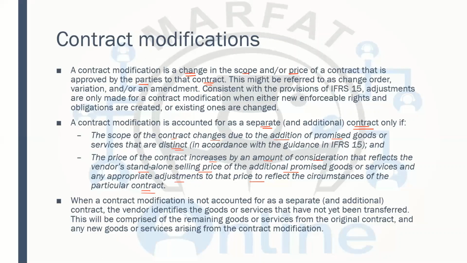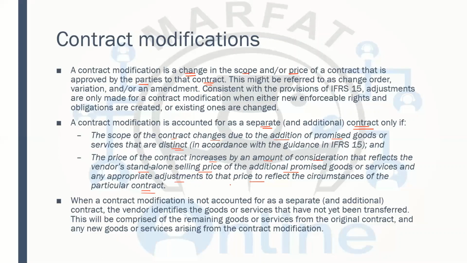So if there are modifications, this is the thing you need to understand. If there is a modification in the contract and that modification is enforcing a new obligation on the supplier, then this is going to be treated as a separate contract. And the price will be separate as well. And the price is normally going to be the price which the supplier charges as a standalone price. What if you simply buy this thing, the price that way?